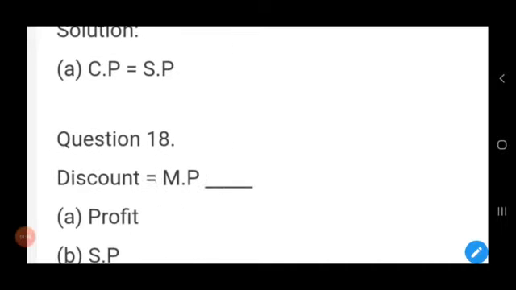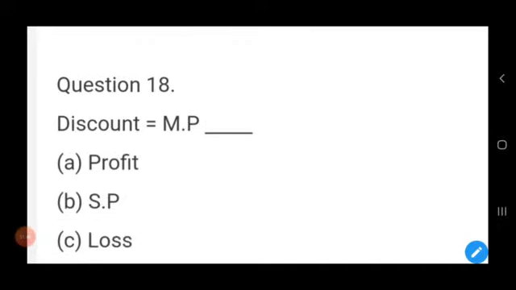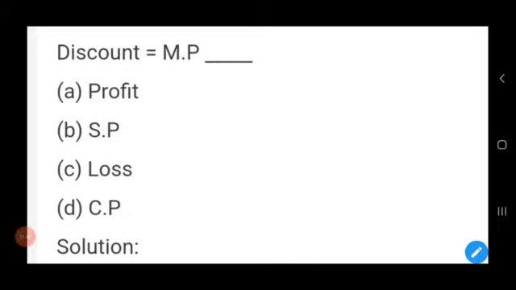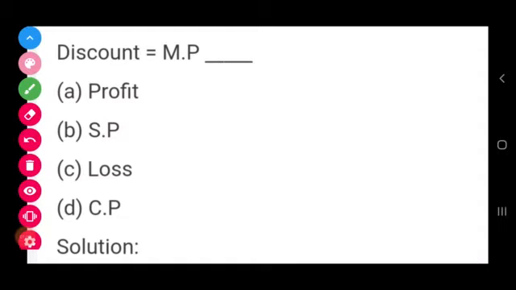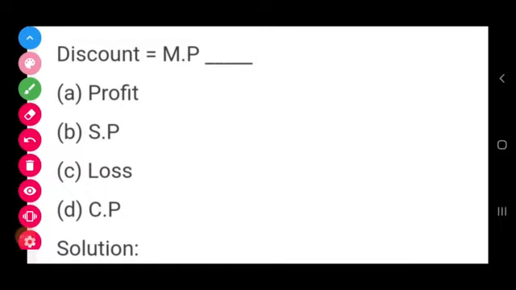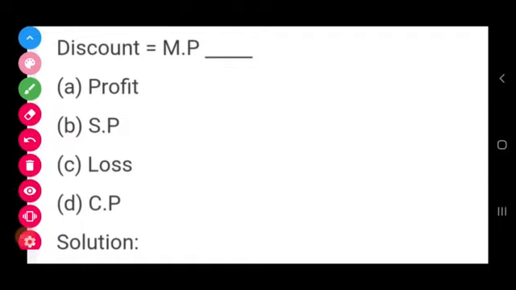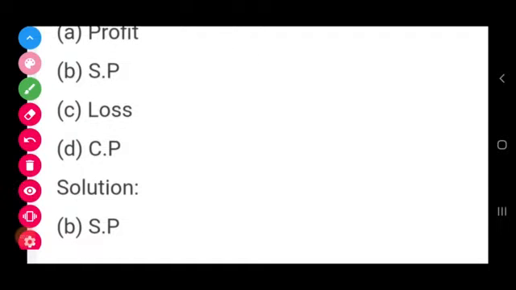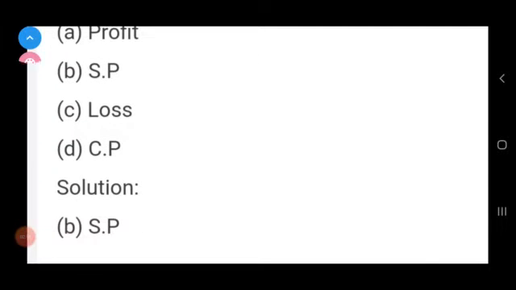Next, question number 18. Discount equal to MP minus dash. Discount equal to MP minus SP. Our answer is SP. Clear? Next,